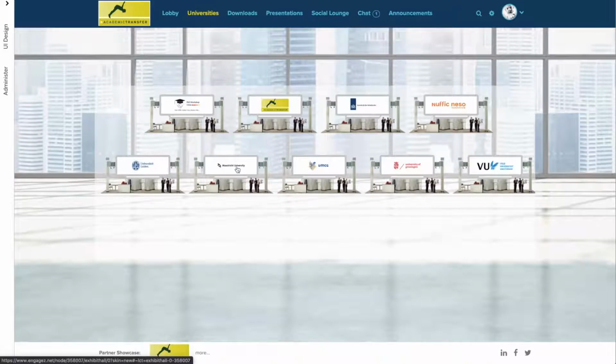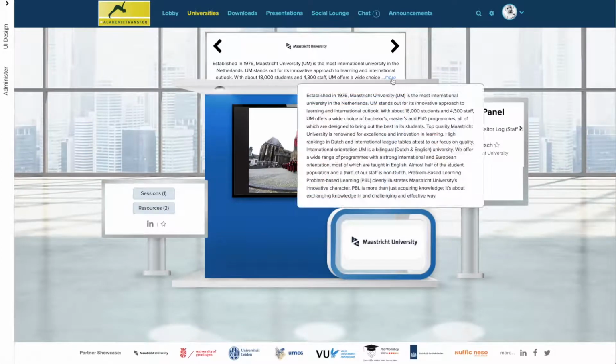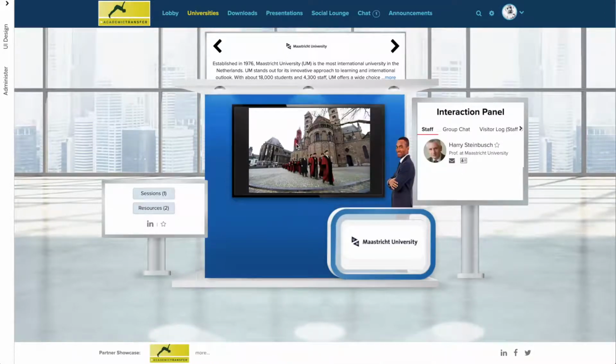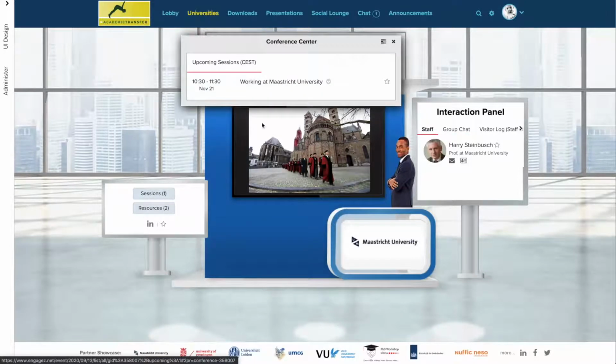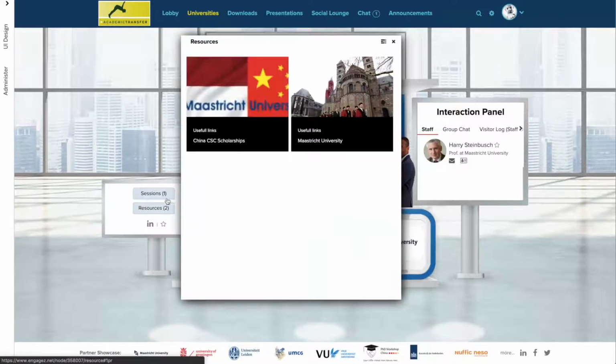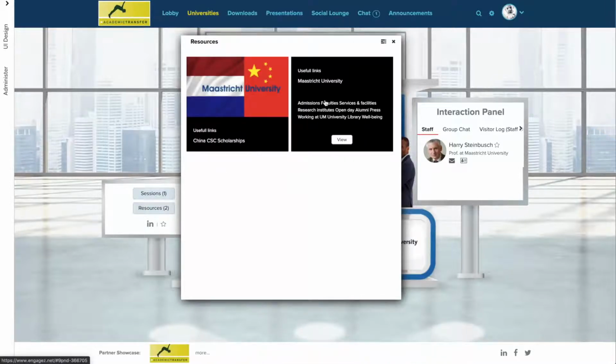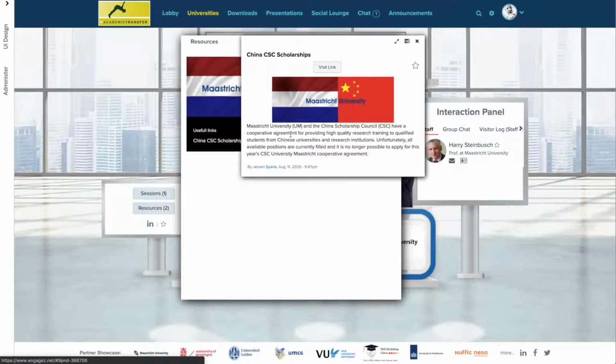Here we've got an overview from all our partners and all participating universities, and we will take a close look at Maastricht University, where it will open the booth of Maastricht University with general information. We also see that Maastricht University has one presentation where you can go to as a student. They have some resources incorporated, like their specific China CSE website and the Maastricht University website. And a candidate can click on them and go directly to this resource,